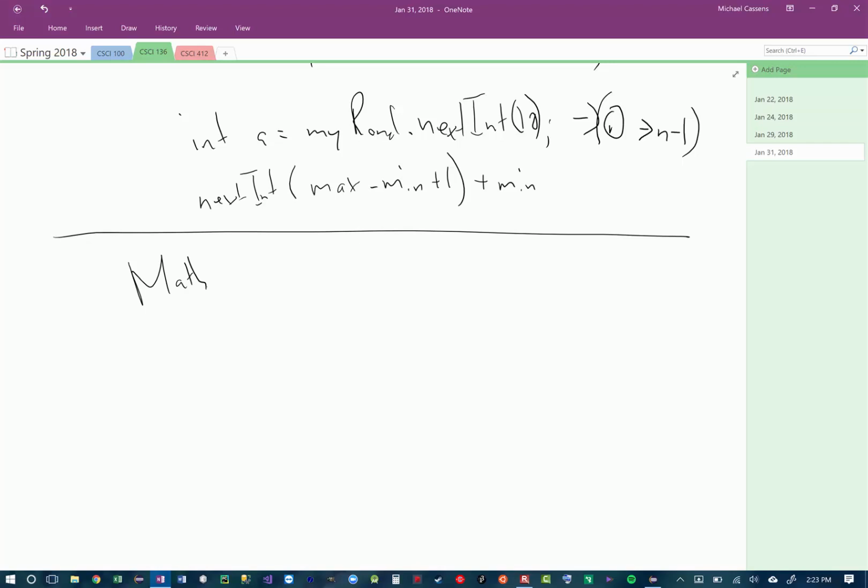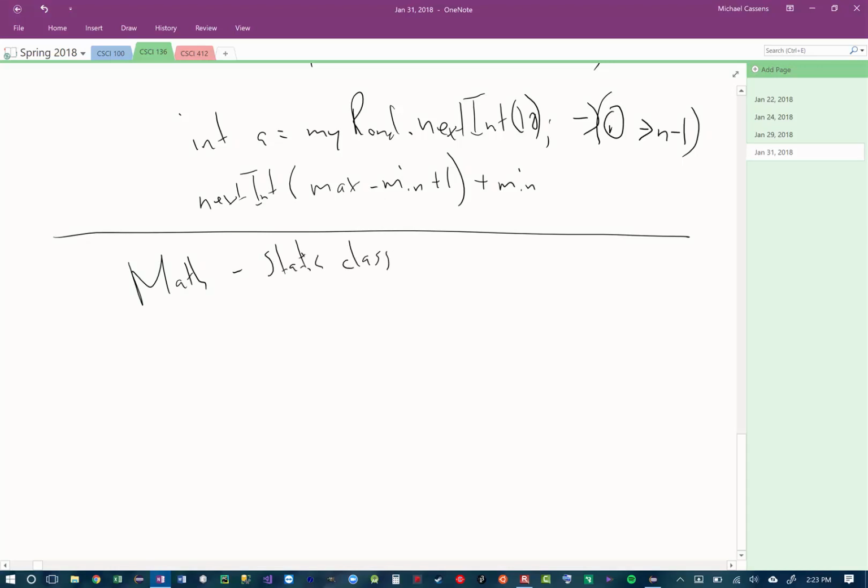Now, would you want to create your own specific version of math? That's sort of rhetorical. No, you want math to always work the same way. Otherwise, if I say my math equals new math, I get to make my own math. That means I could do whatever I wanted, and you don't want that. So you create what's called a static class, where it can't be created. You can't create an instance of this class. This is a static class,